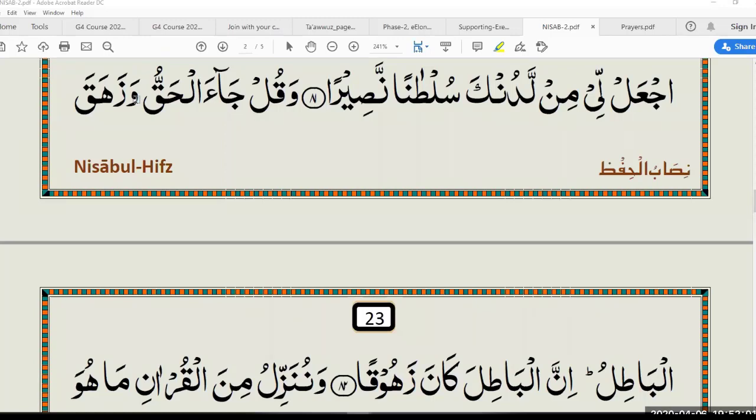And ba also will be a thick sound. Batil. Jazakallah. That was very good. Very good recitation.